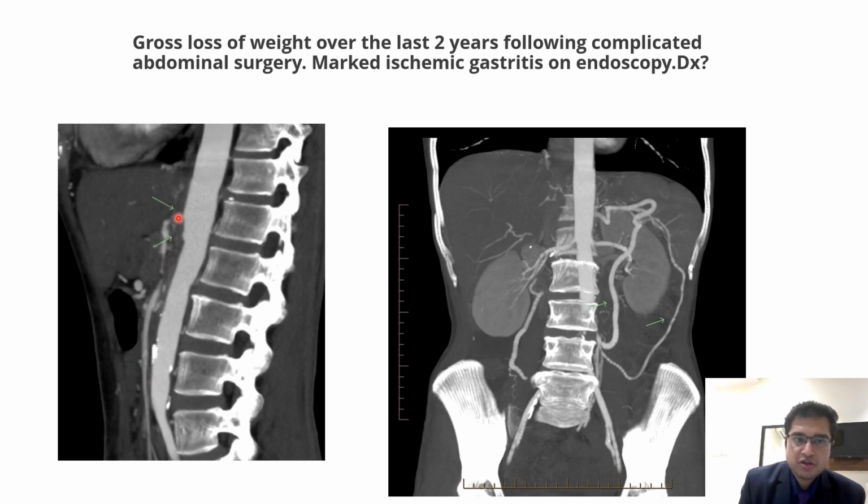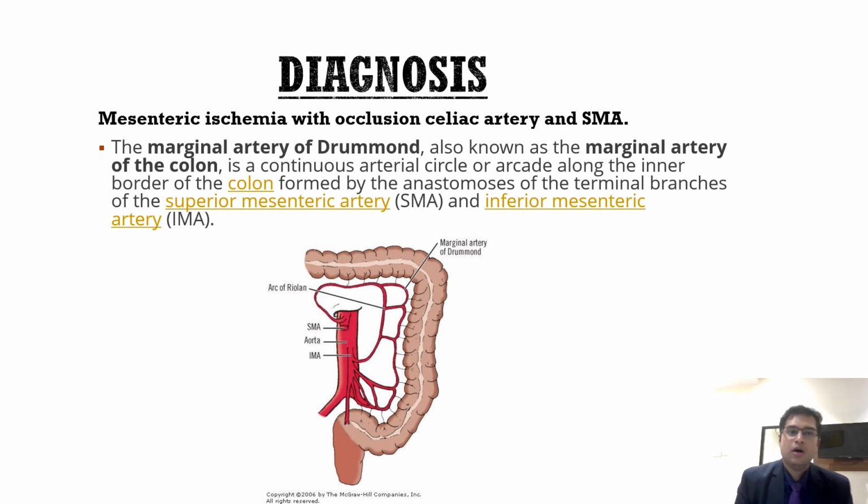So there is no opacification of the celiac trunk and the superior mesenteric artery, because of which this particular collateral has been developed. So I wanted you to name this particular collateral here. This actually is the marginal artery of Drummond, which actually is an anastomotic pathway between the superior mesenteric artery and the inferior mesenteric artery. So this is a case of mesenteric ischemia with occlusion of the celiac artery and the superior mesenteric artery,